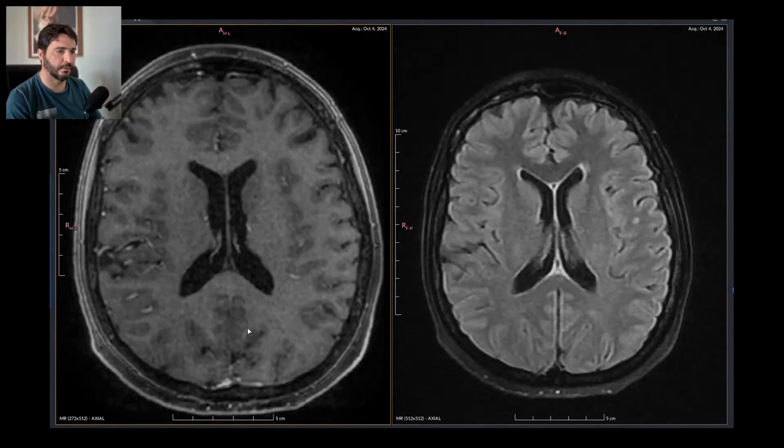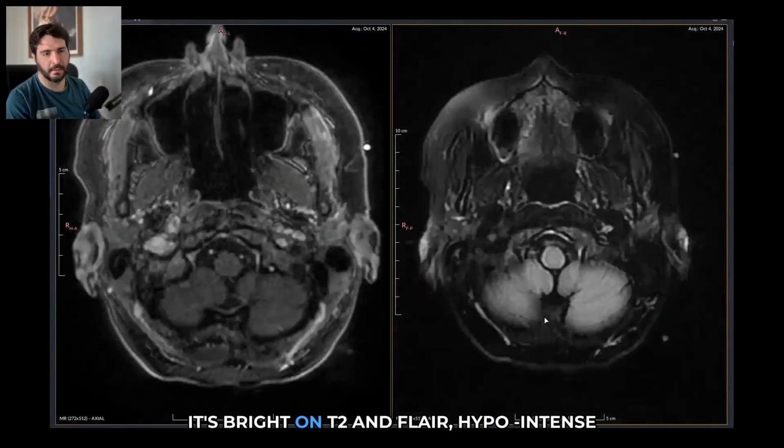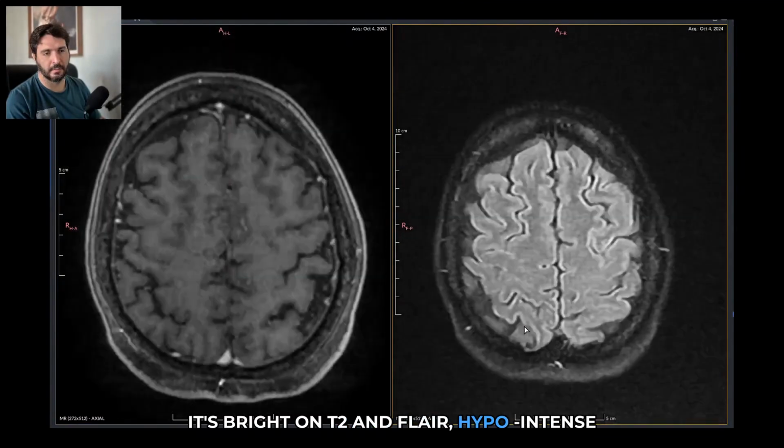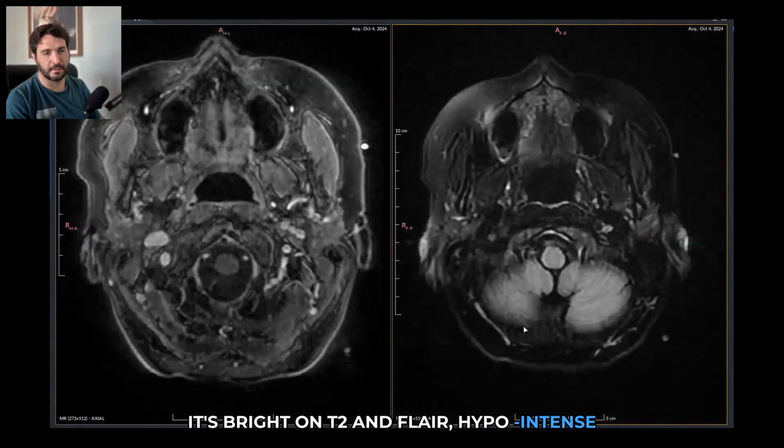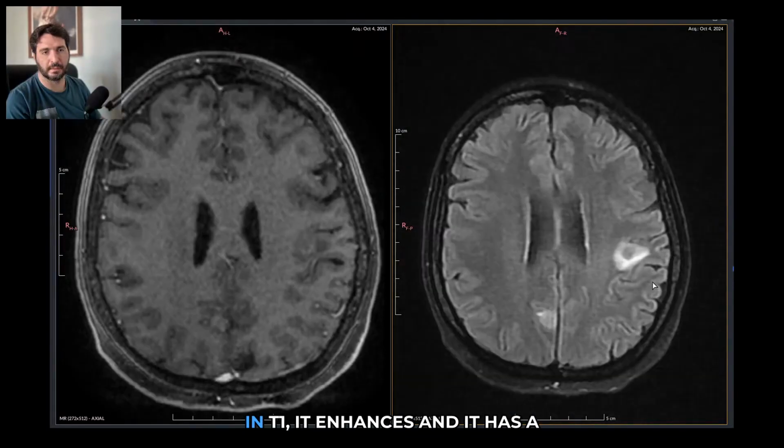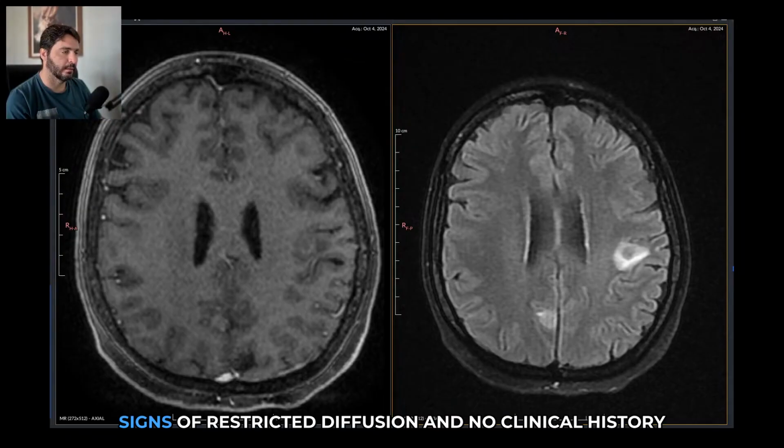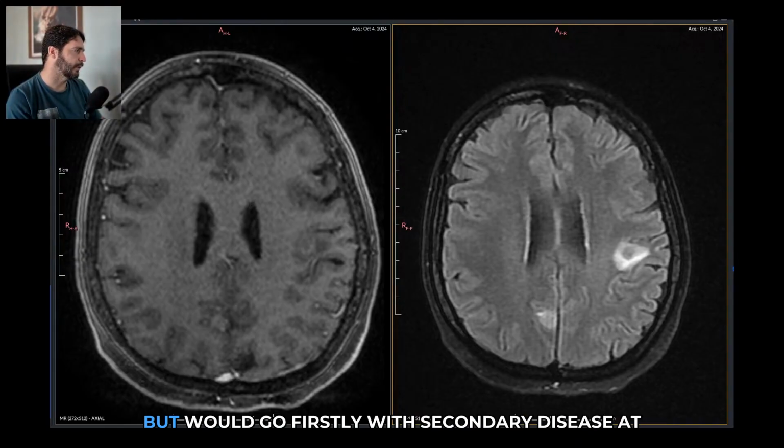So heterogeneous, it's bright on T2 and FLAIR, hypointense in T1, it enhances, and it has signs of restricted diffusion. No clinical history, but I would go firstly